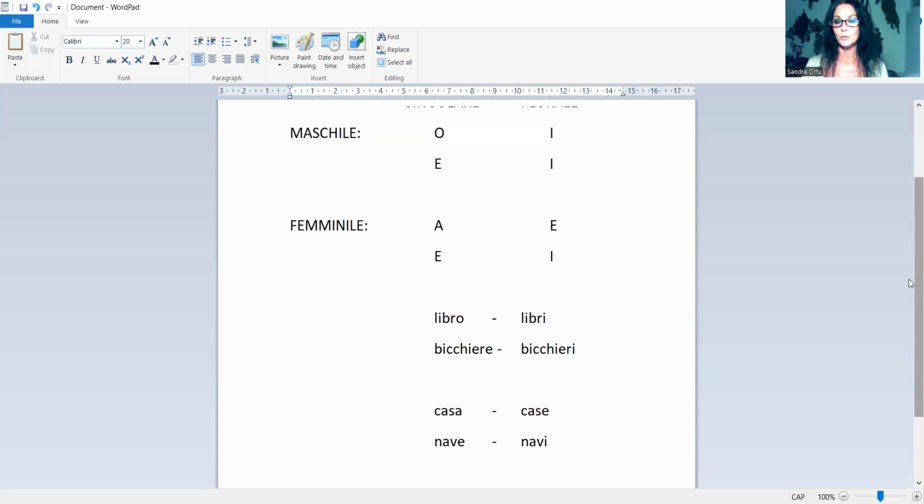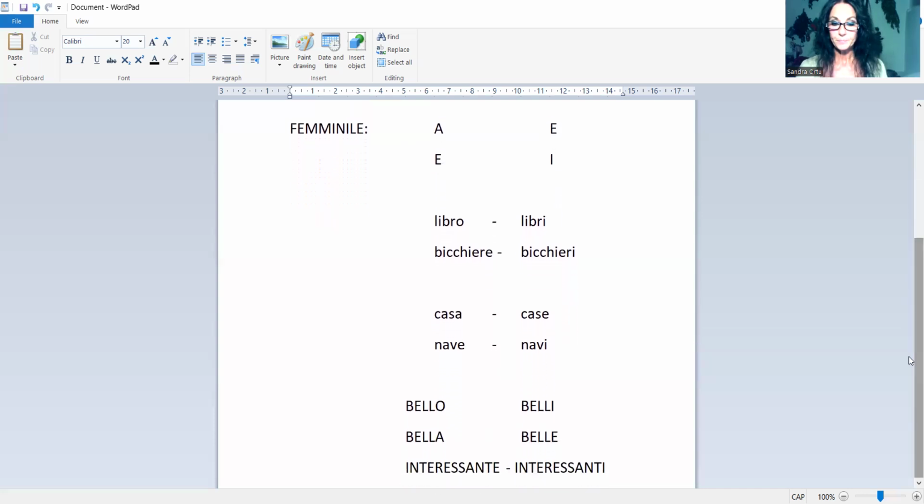All those words that you use to describe someone or something are adjectives. And as I said earlier, in Italian, the adjectives also change the endings and agree with the noun that they are describing. So let's see what happens with adjectives.